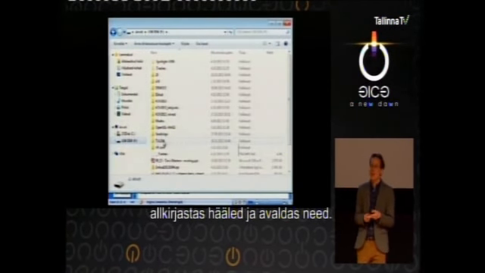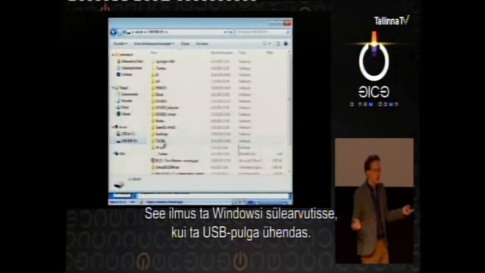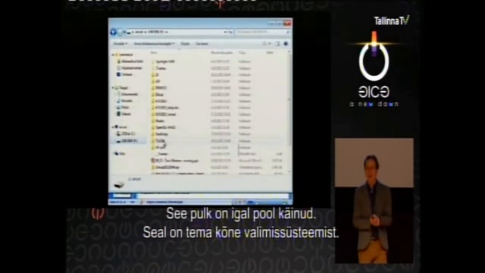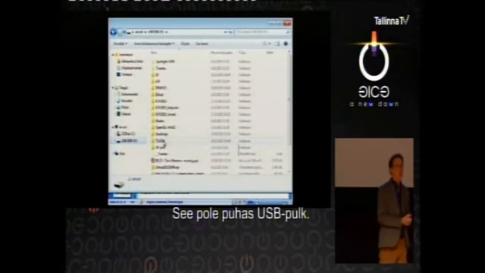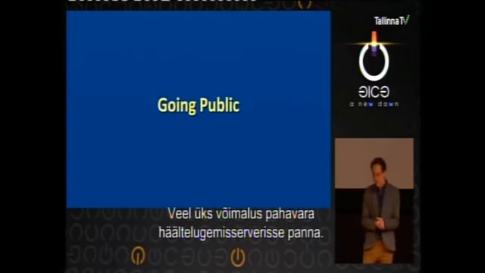So here's what appeared on his Windows laptop when he plugged in the USB stick, and you can see that it's been all over the place. It has a talk about the voting system he gave on there. This is not a clean USB stick. So yet another potential route for malware to get into the counting server.